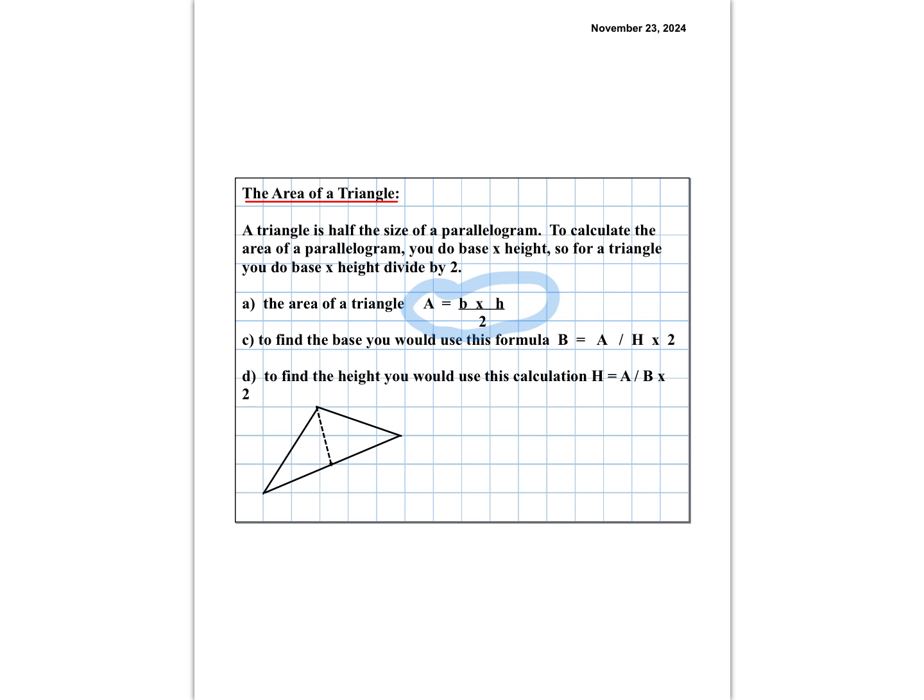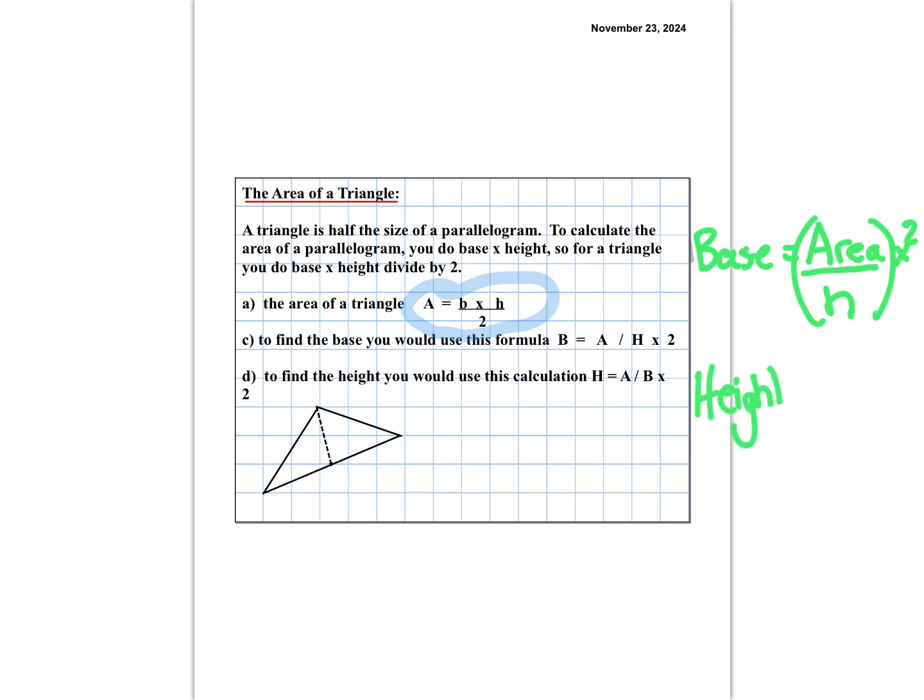Well, the way it's written here, I'm going to rewrite it a little bit. If I needed to find the base, we could do it this way. We would do base equals area divided by the height times 2. And if we needed the height,